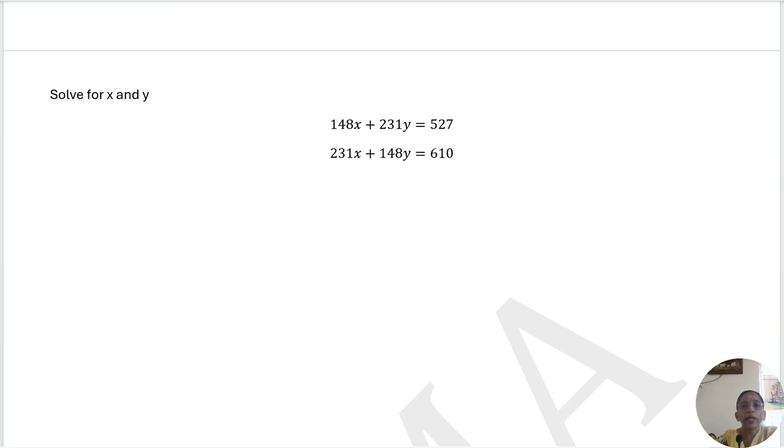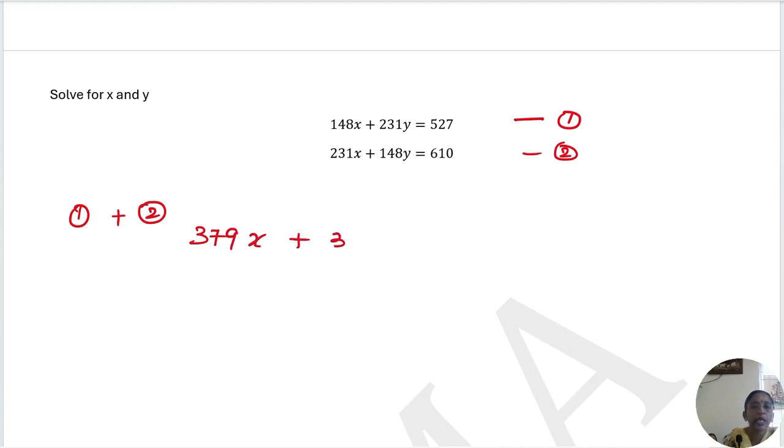Solve for x and y. 148x plus 231y is equal to 527. 231x plus 148y is equal to 610. So look at your equations. The coefficient of x in the first equation matches the coefficient of y in the second equation, and likewise the y and x. When this type of problem comes, first you have to add these two equations. So you will get your equation as